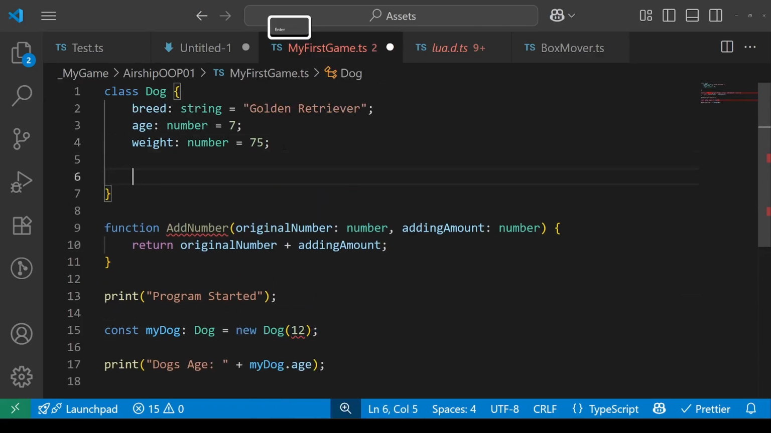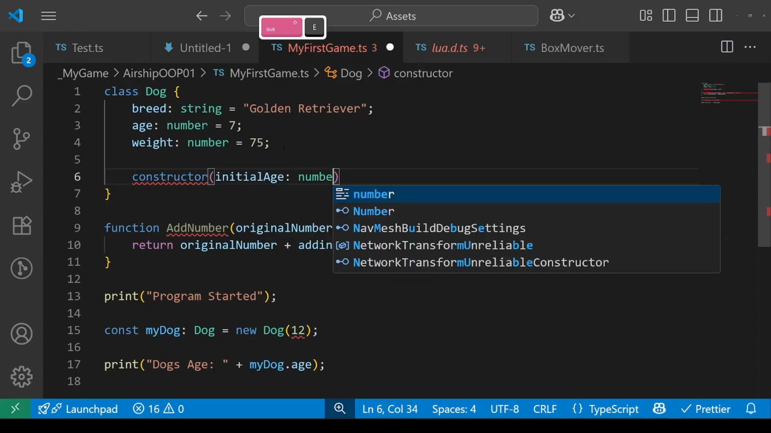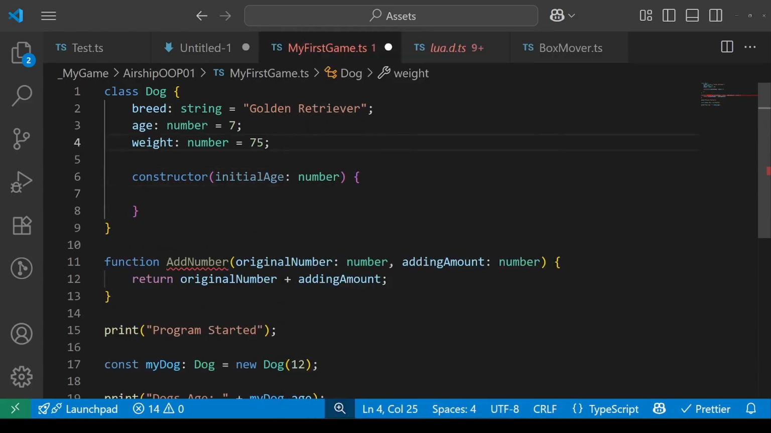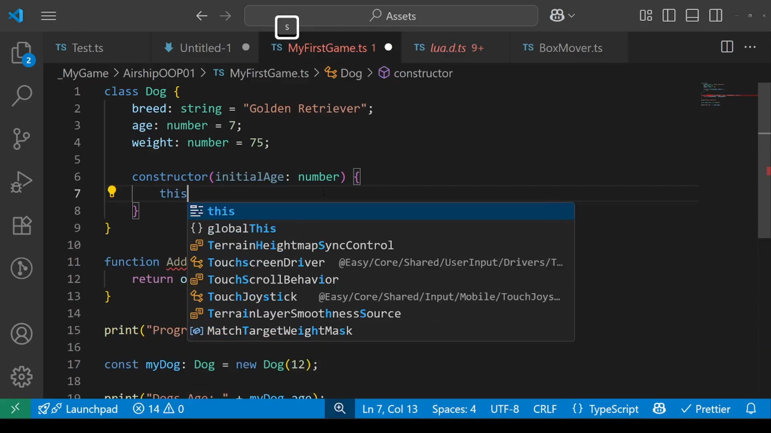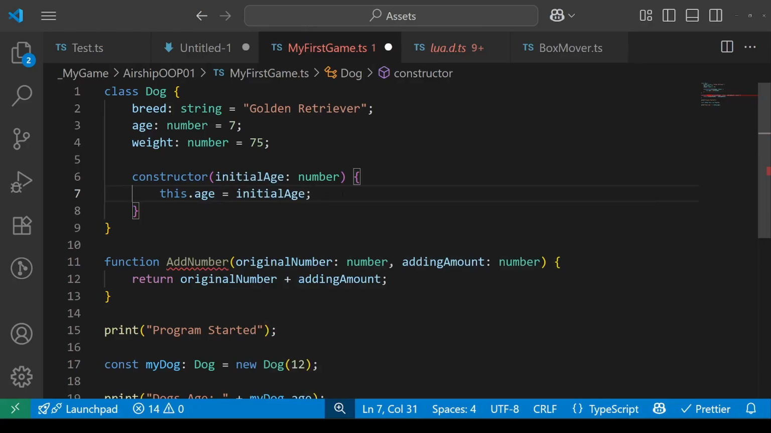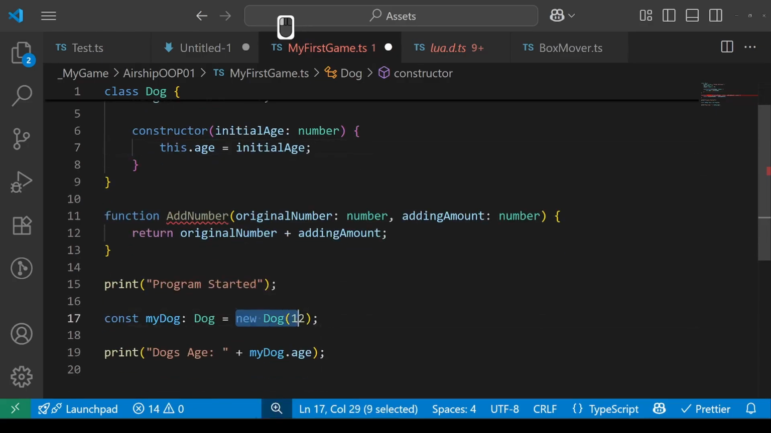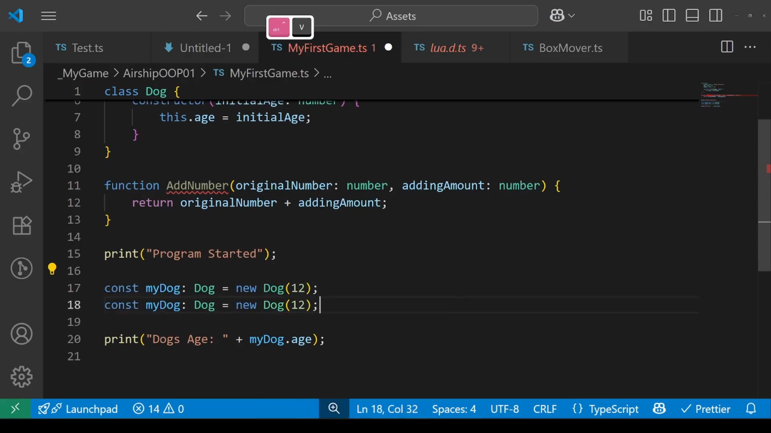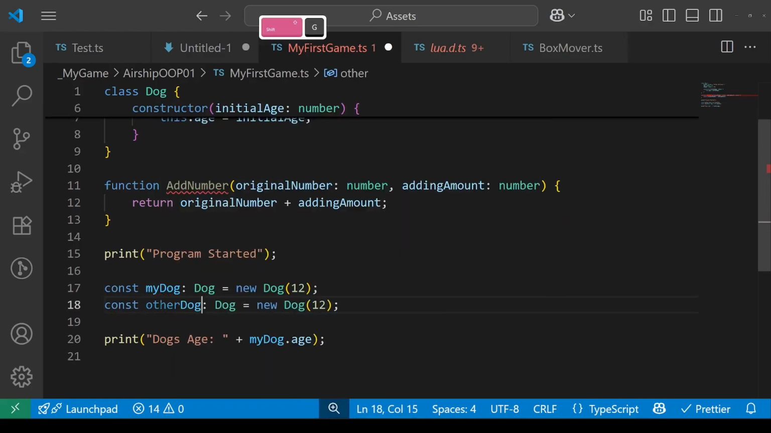To support that, you use something called a constructor. Constructor just means the function that is run when you create this object. So I'm going to let someone pass in the initial age, and I'm going to set this object's age to equal the initial age. So now when I create a new dog, its age will be 12. If I create another dog and make its age 2, it's a puppy,